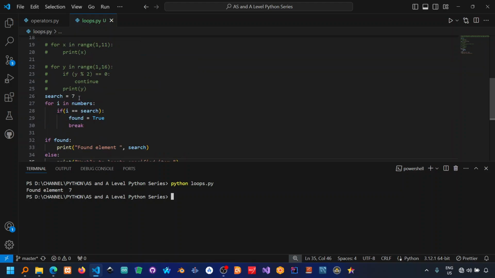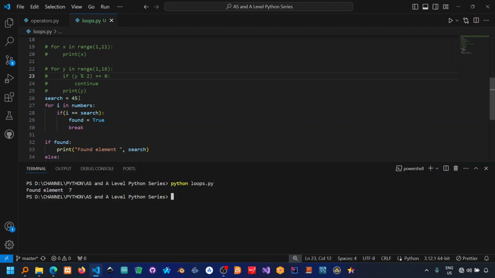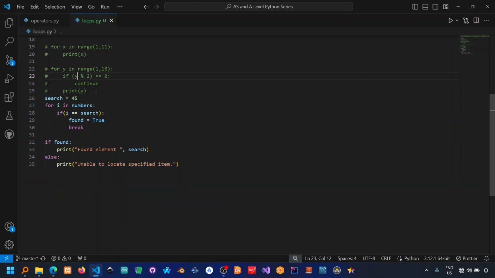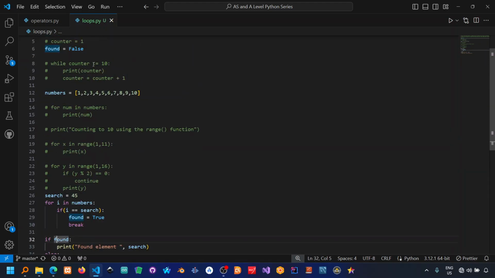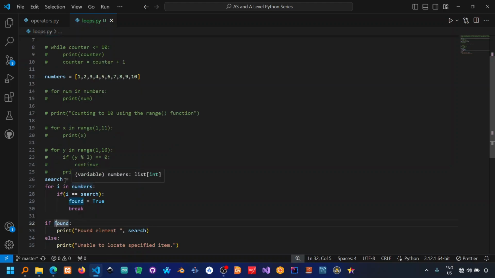All right, so maybe let's change the search item to something like 45. Save and run, and you are going to see that it says that we are unable to locate the specified item. So that's how the break keyword works. Whenever the search item has been found, it's going to break outside of the loop. Then this logic from line 32 to line 35 is going to be executed depending on the status of found. So in the case whereby we had 7 initially, if you remember,